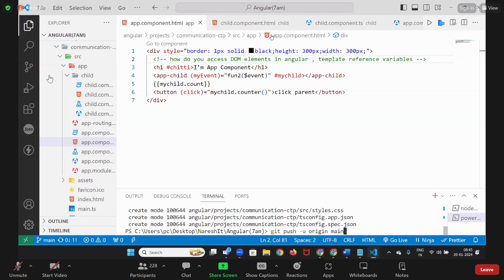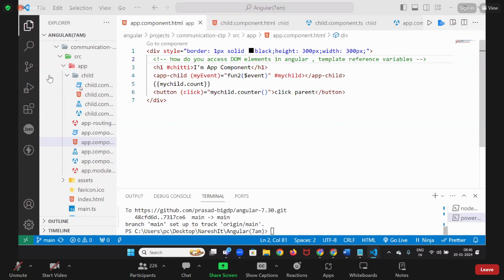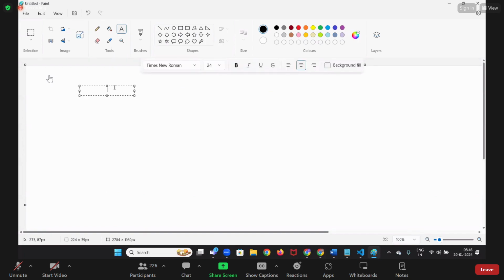Someone asked one question, sir. Please tell about workspace and application project and the component. Sir, normally whenever you write it here, let me explain to you. Every time, why we wrote these commands is, whenever you write one command like ng new, if I write here ng new, and if I write some name,